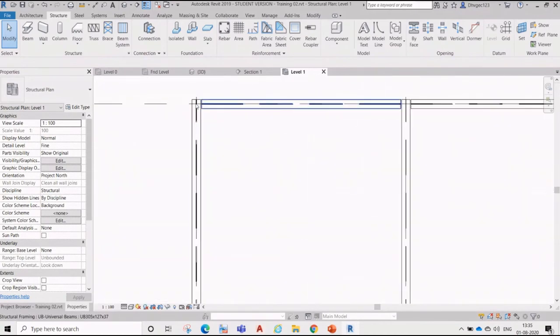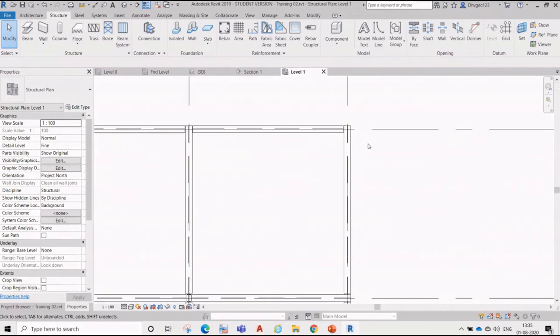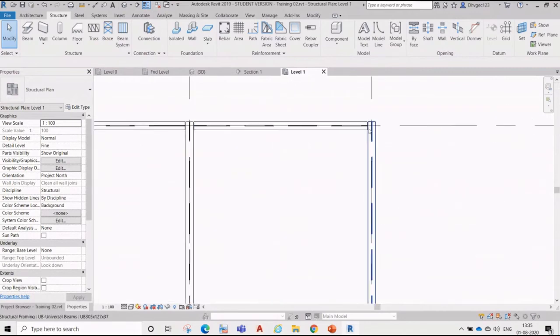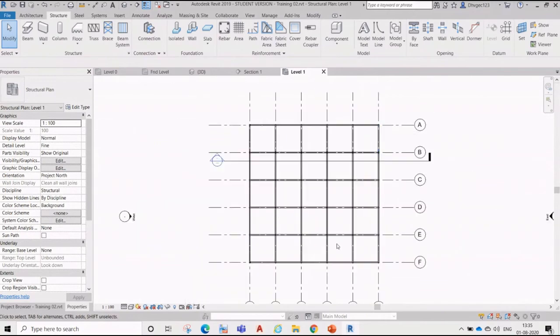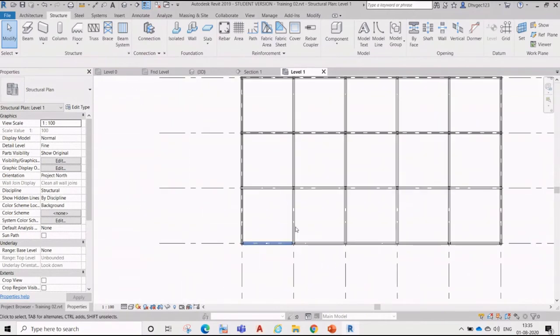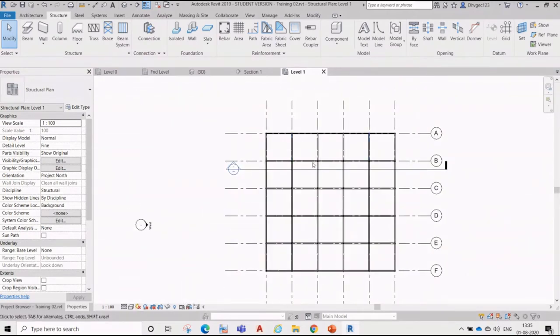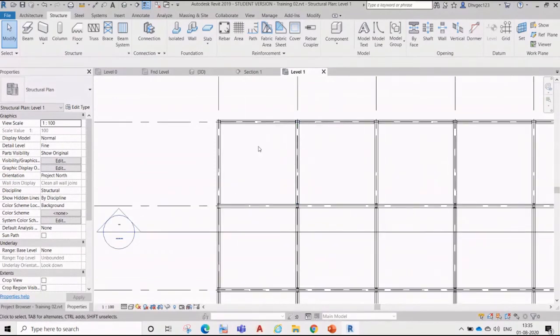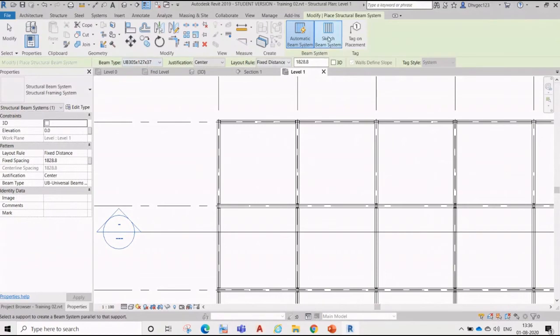Okay. Here it automatically selects one side to be longer, so that we can do the connection. Okay. So this is what we have now. Now we need sub beams. So now we can define beam systems. In beam system we have to define the beam, what beam we want. Just take a smaller one.